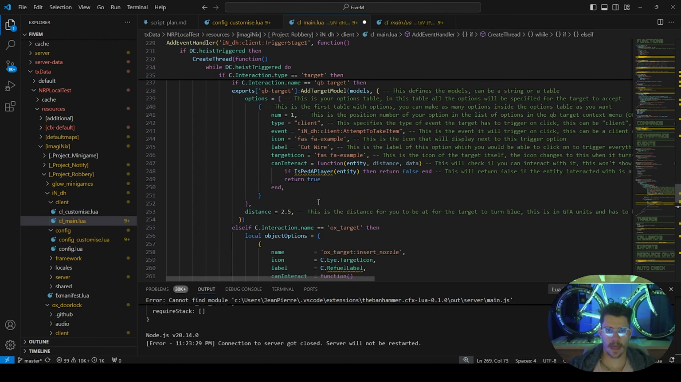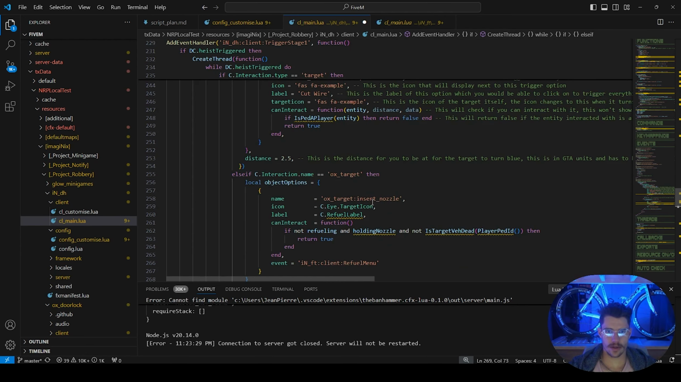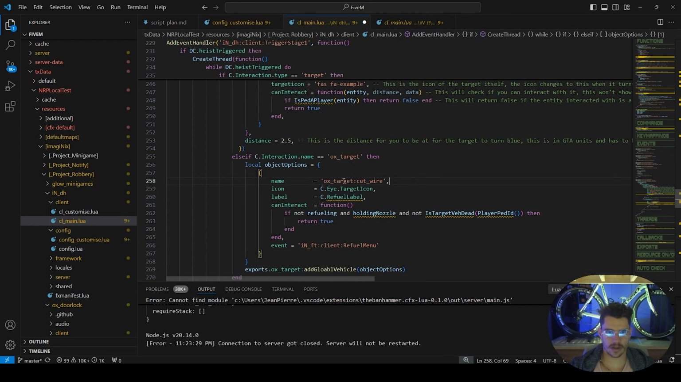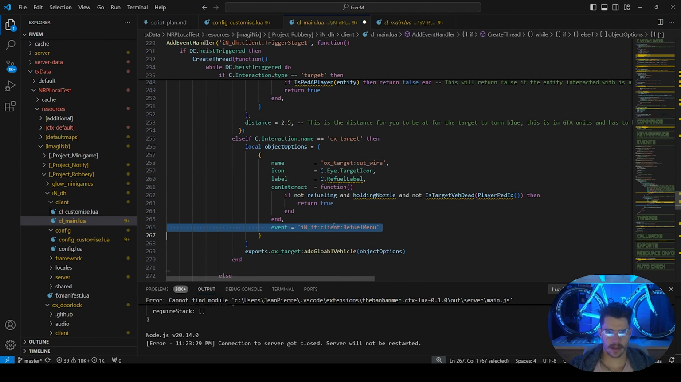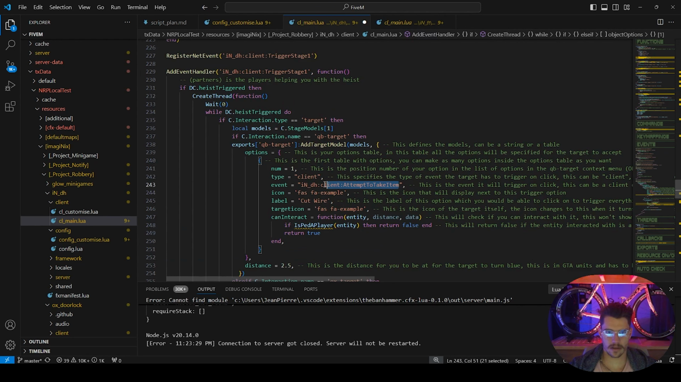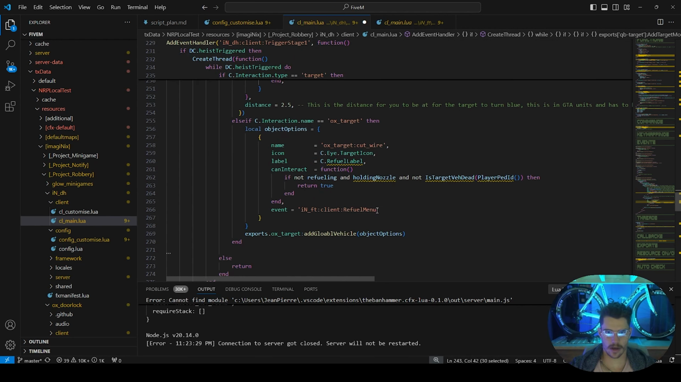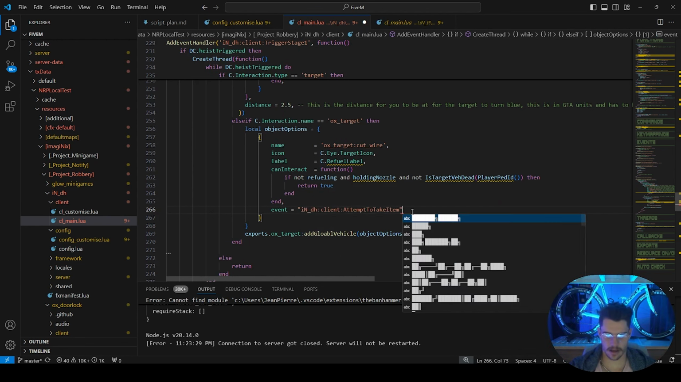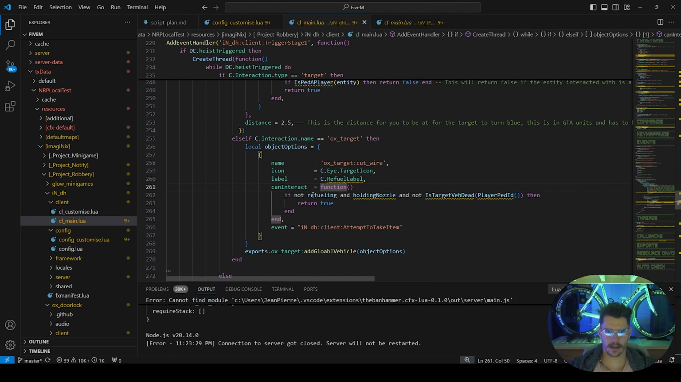Okay. Now what do I want to do? Not insert nozzle, but cut underscore wire. That'll be the name of this interaction. And it'll trigger an event called iron underscore dh client, attempt to take item. Right. And we'll do a can interact if